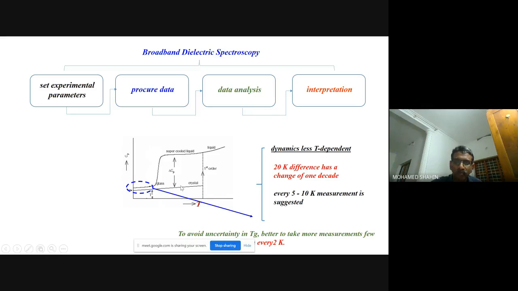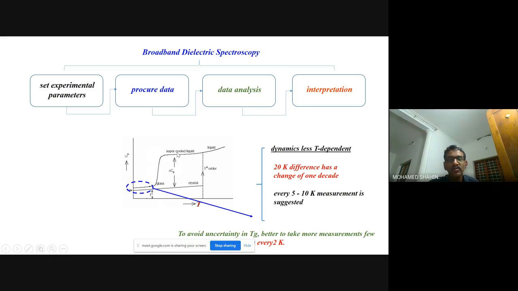So what we have to do is, you have to again heat the sample, go to the liquid, and during cooling you can procure the missing data in between. Sometimes we have to make sure that cooling and heating cycles should not damage the sample, or sometimes it happens that above room temperature, above liquid temperature, the sample gets